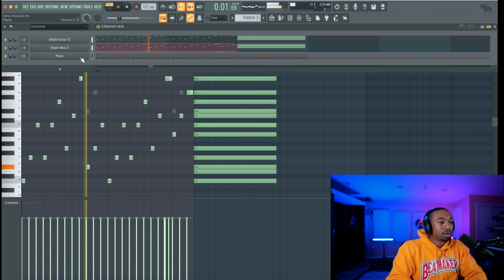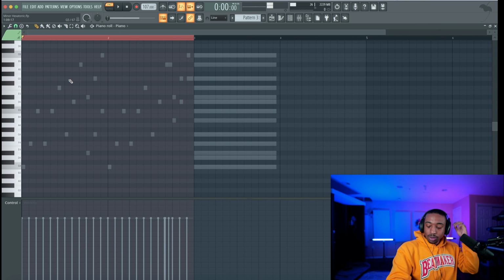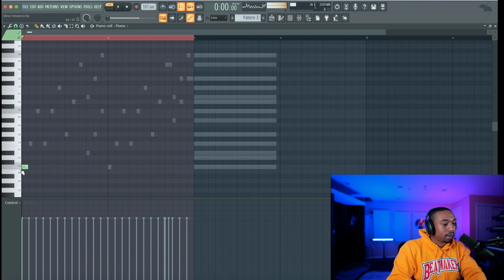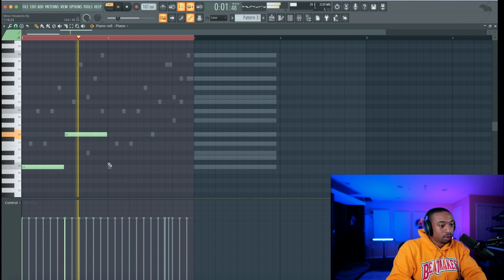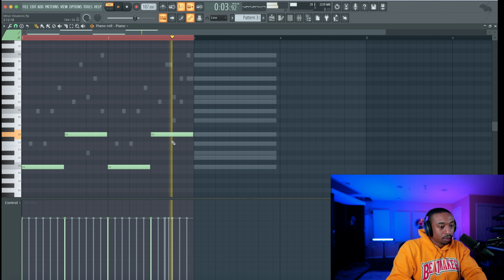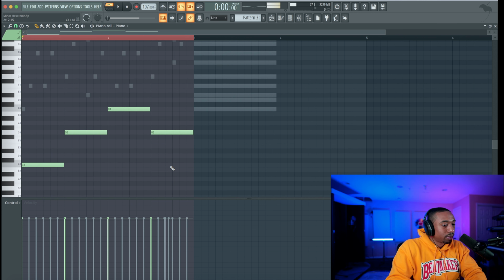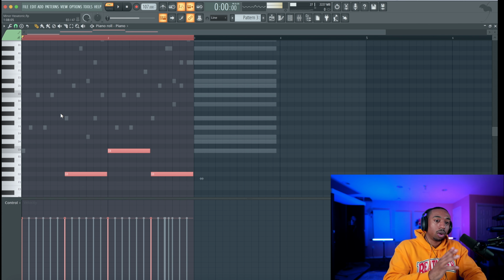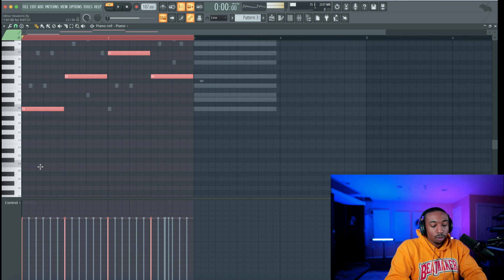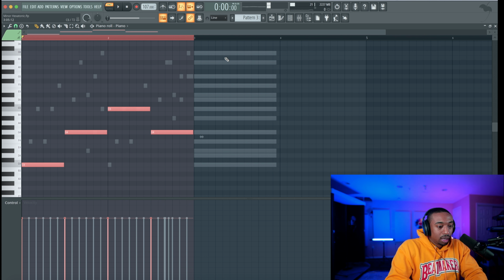Now I have another instrument here, which is a piano. So I'm gonna take the same structure from the guitar and add it to the piano. So all I'm gonna do is just use triplets, same thing as the guitar. Now to switch this up and make it not sound basic, we're gonna switch up the octave. But let's pull it down an octave, control down. Now notice the piano's playing long, whereas the guitars are playing short. Okay, but I'm gonna pull this up for demonstration purpose because you need to see the scale.